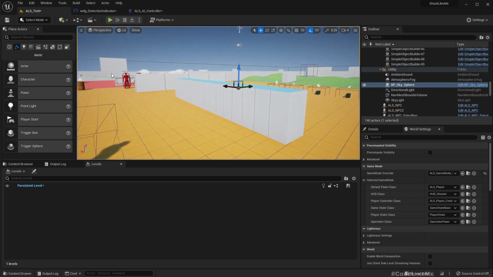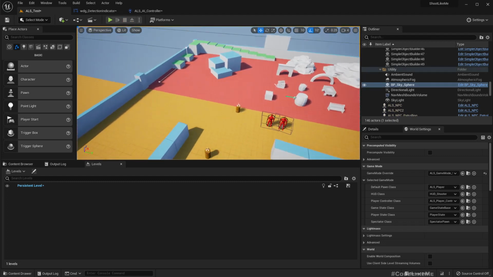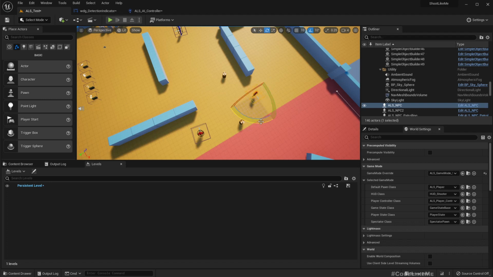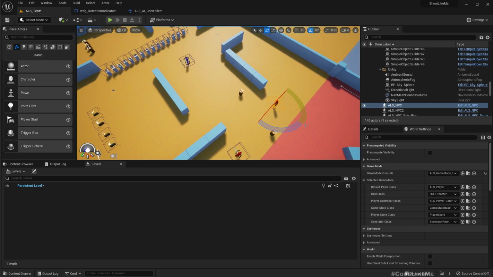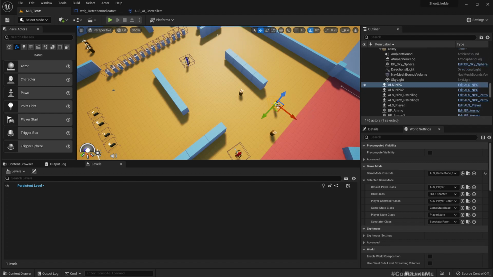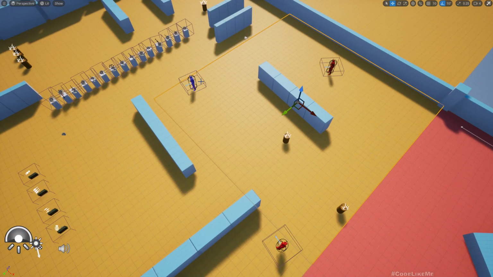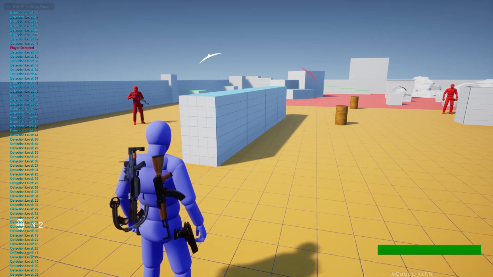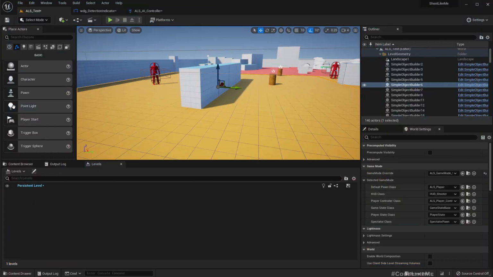Okay, so if I add another enemy, maybe this enemy here, I should get 2 detection meters, 1 and 2. See, both are working independently. So yeah,